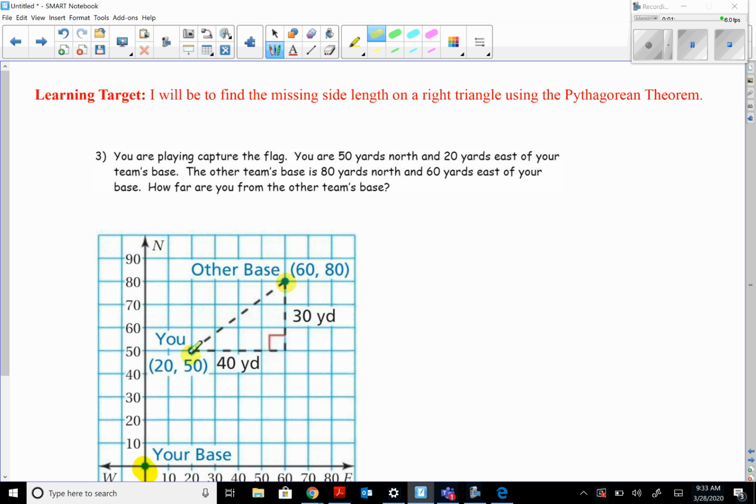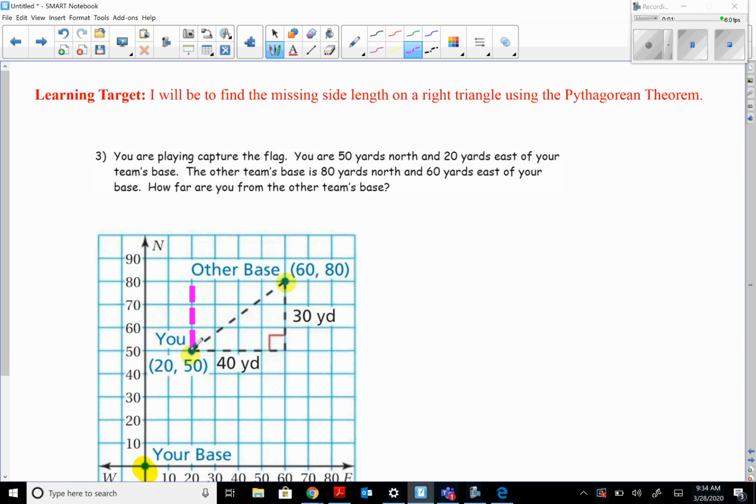Now you can draw the right triangle as they've done below the 2 points. You could also draw it above. Regardless, let me do it above real quick just so you can see that visual. Let me use a pink color here. So no matter how you draw that triangle,